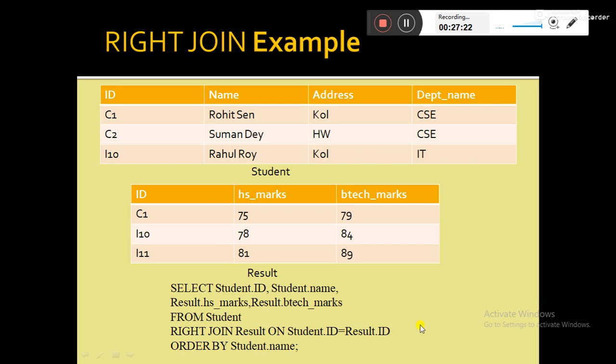Up to that point, what will happen if we perform the right join operation? In this example, which one is the right-hand side relation? Left-hand side relation is student and right-hand side relation is result. So result is the right-hand side relation. In case of right join, all the records from the right-hand side table, that is from the result table, will be selected. So C1 75 79, I10 78 84,